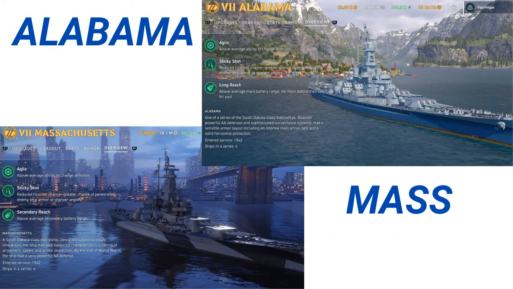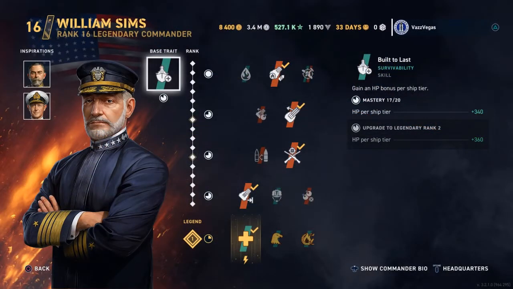The Bama and the Big Mammy both belong to the South Dakota class of fast battleships, and both of them were commissioned in 1942. Now on to the playstyle of these ships. It's common knowledge that the Massachusetts has longer reaching secondaries than the Alabama, but should that one factor change the